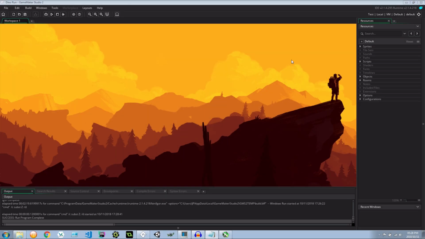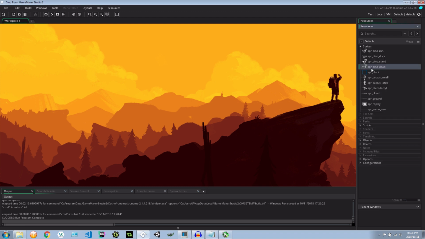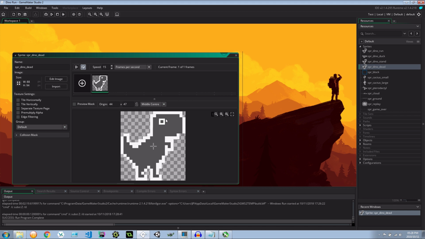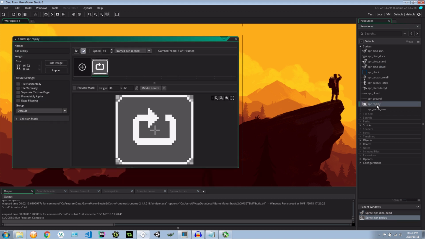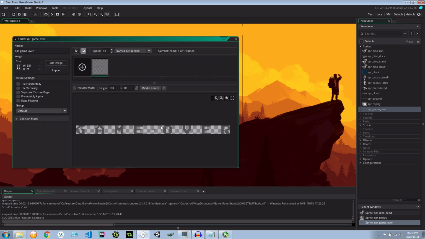So since our last part, I've added some extra sprites. We have the SPR Dino dead, which is quite fun. He's got wide eyes because he's probably in pain. Next, we've got the replay button. Now we're going to make sure that the user can click this button or press enter or space or whatever the key is to keep going to the action without having to touch his mouse. And then we've just got this SPR game over,